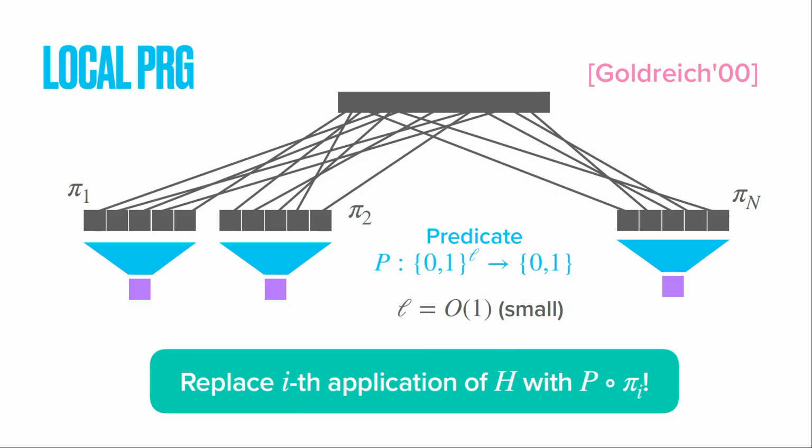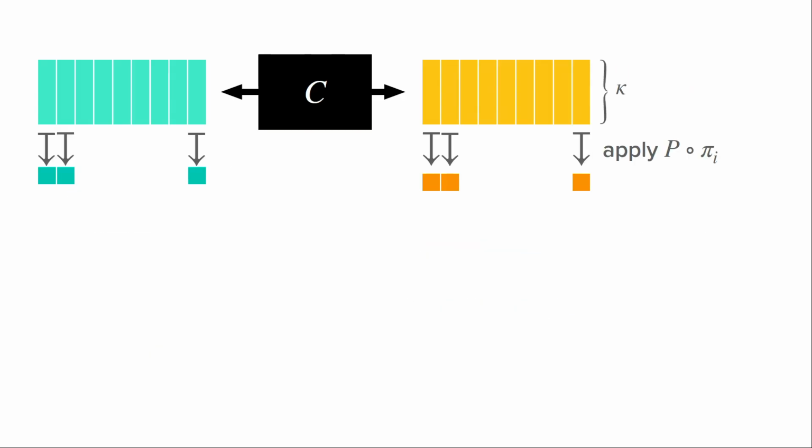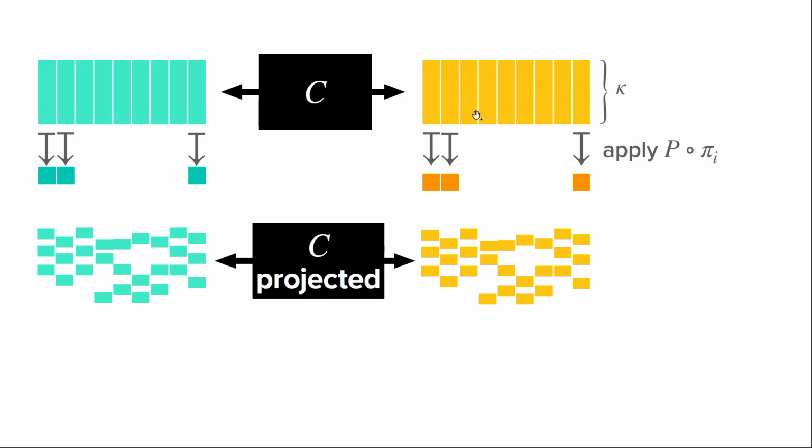for. Okay, so just to finalize the last idea of this construction, we could go from this correlation here, and instead of applying h, we apply p composed with pi sub i. Still doesn't quite work though, because I needed to share kappa times n things all at once. I'm creating more material than we need, because in order to figure out the ith output, I only need the coordinates of each of these vectors that pi sub i picks out.